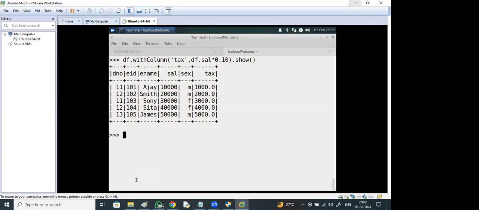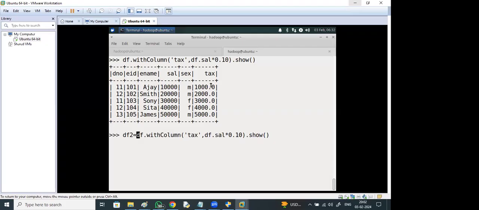If I need to add another column as net salary, right, within the same statement can I add, or do I need to do it with a separate withColumn statement? Separate. df2 you can create.